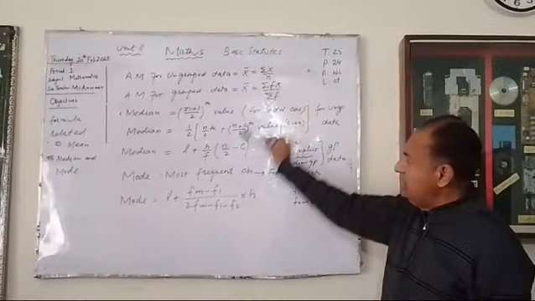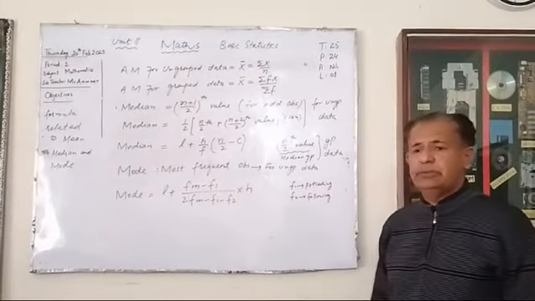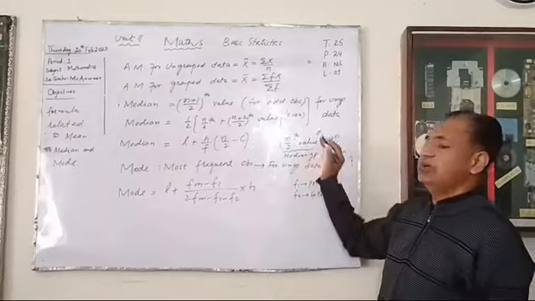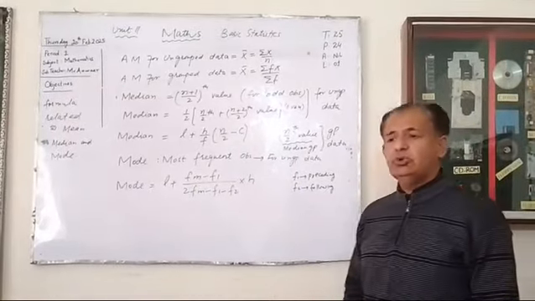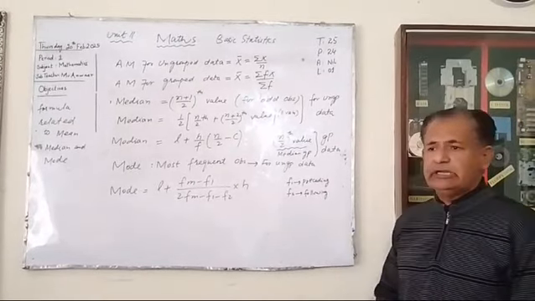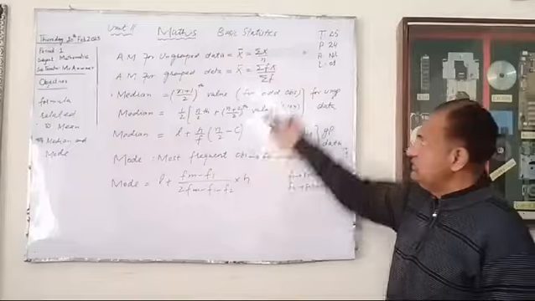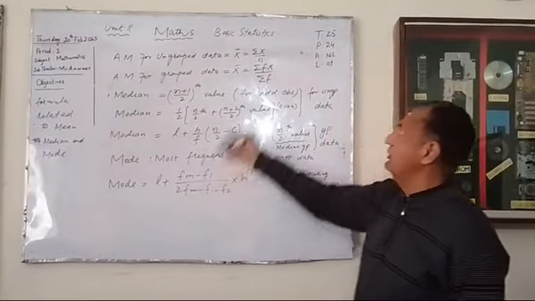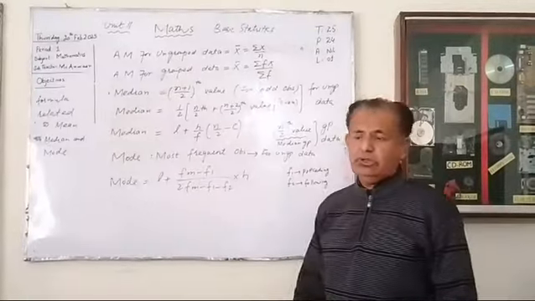So these are all the formulas which are utilized in this chapter. Basically this is the concept for grouped data and ungrouped data. In grouped data, frequency is given, but for ungrouped data you are given random values. So all these formulas are very important for basic statistics. Okay, thank you very much.